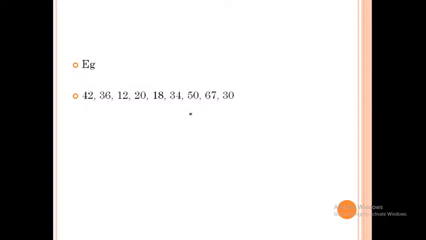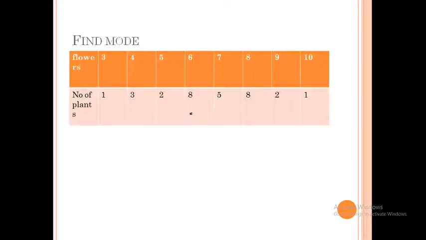Now let's compute mode for another question. We went through unimodal, and this is another question. Find the mode. The frequency distribution table is already made with the data which is given, that is the number of flowers and number of plants. If you are asked to compute mode for this question, if we just observe the question, you can find